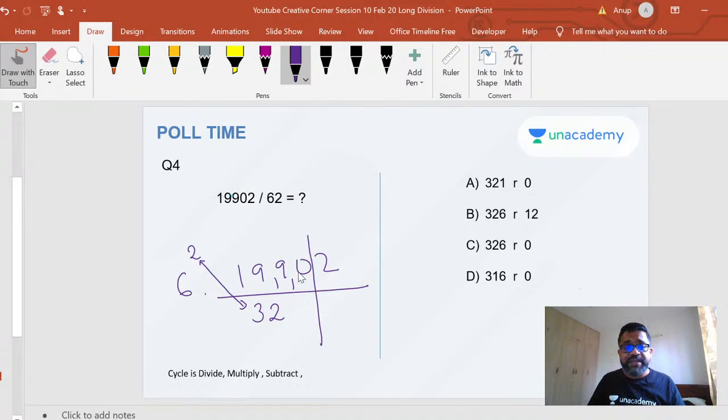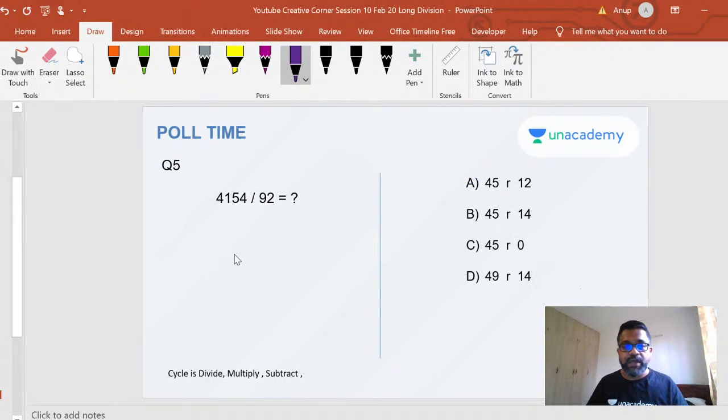Next step is 10 minus 2 into 2. 10 minus 2 into 2 is 10 minus 4, which is a 6, right? So 6 will go 1 time, right? With a remainder of 0. And then I will do a 2 into 1 last step. So see, it's like 1, this digit, 2 into 1 is a 2, 2 minus 2 is a 0. Your answer is 321, remainder 0.